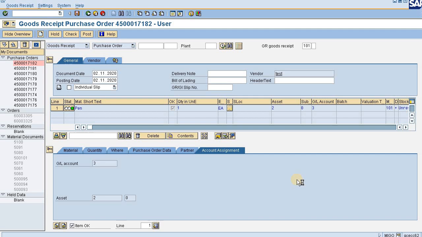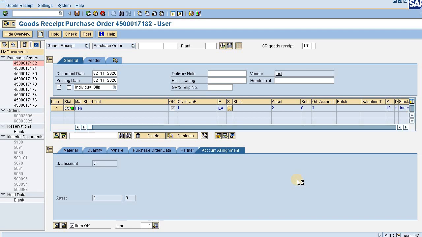The goods received document will always be a material document, and correspondingly two other documents are generated. One would be the accounting document and another would be the asset transaction document. In the accounting document, the accounting transaction that I have described would be posted, and against the asset transaction document you will see the asset is being updated with the 5000 value.